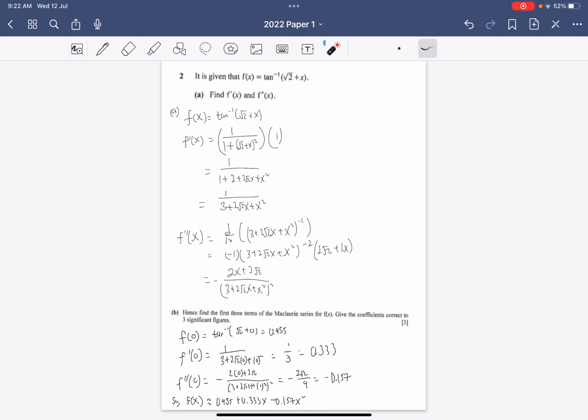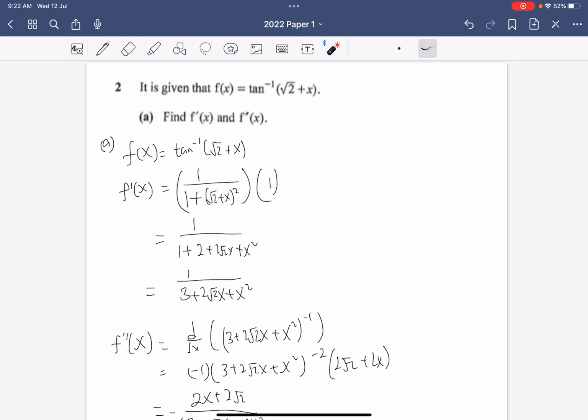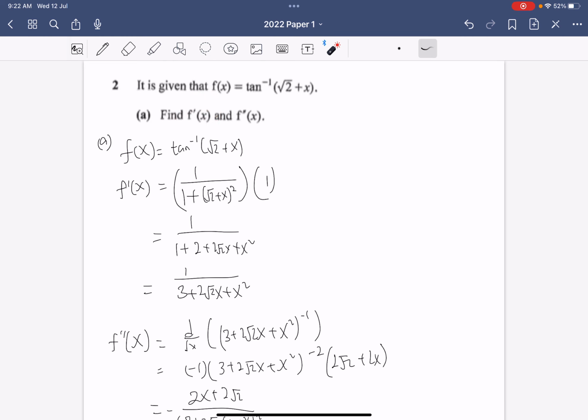Moving on, we have question 2, which tests your ability to differentiate functions. So you've got f(x) equals tangent inverse of square root of 2 plus x. Again, what I like to do is just write out what they are giving us, and then they ask you to find f prime x. So you just need to differentiate this, and you can use your memory or MF26 to see the differentiation for tangent inverse